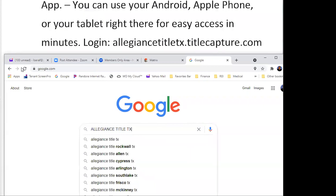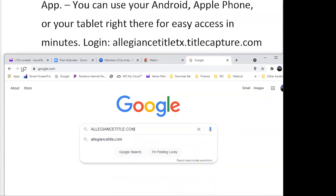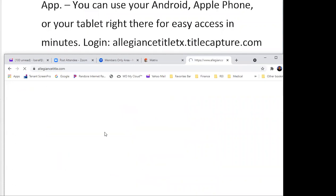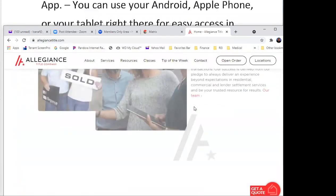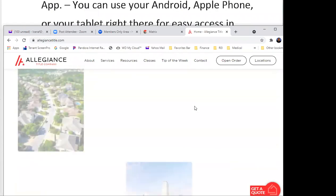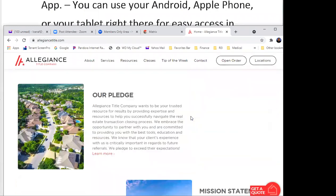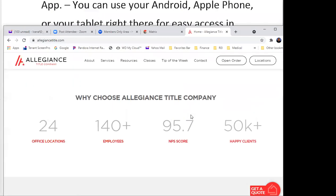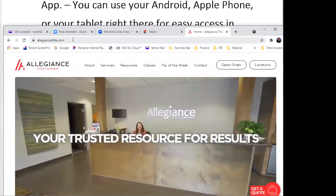And just type that. Dot title. Oh, you're talking about the actual app? Yeah. Oh, here I'm going into the actual Allegiance Title. Yes. But I don't know if the app is down here or not. Yeah, because typically we use our iPhones or Androids and we go to the App Store. Yeah. Well, you can go to the App Store too. You can go to the App Store and type in Allegiance Title TX dot